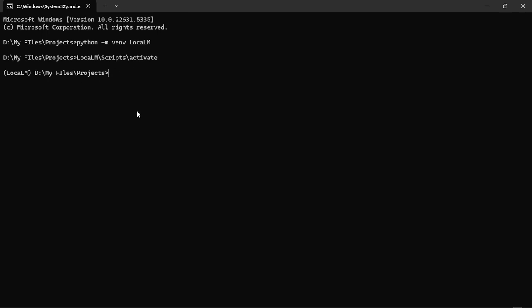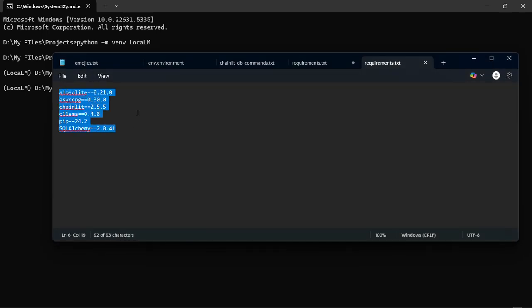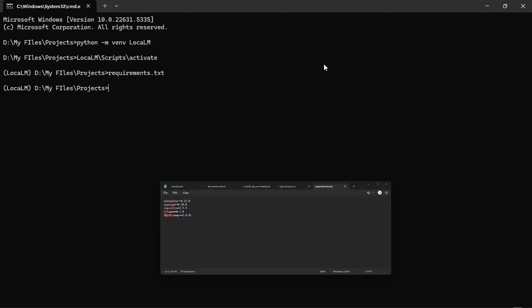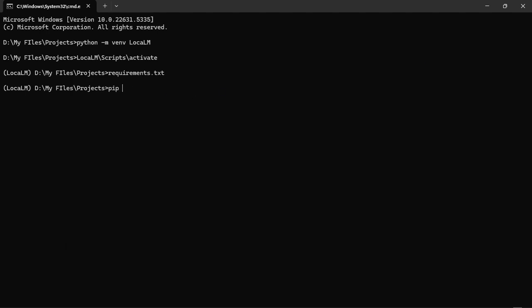Now that it's activated, we're going to go ahead and install our requirements.txt. In the requirements, you can see that these are the requirements that we need to install. I'm going to remove pip, right? So we have Chainlit, ollama, and SQL, basically for the database we'll be making for storing all of our chat history, and these are also the libraries related to that database. Alright, now we can go ahead and pip install our requirements,